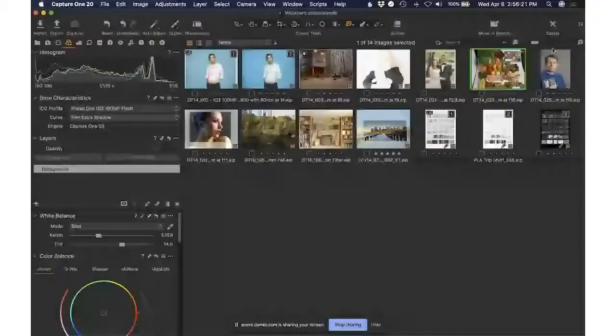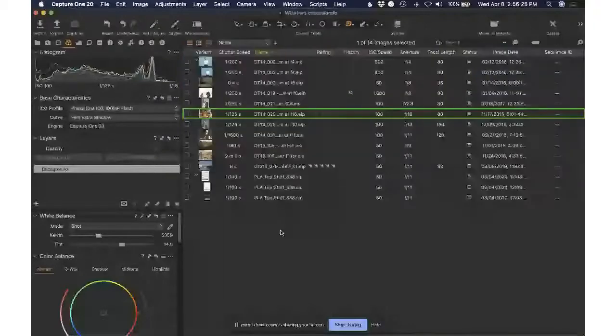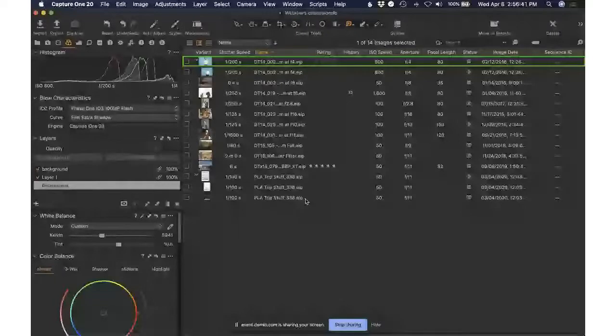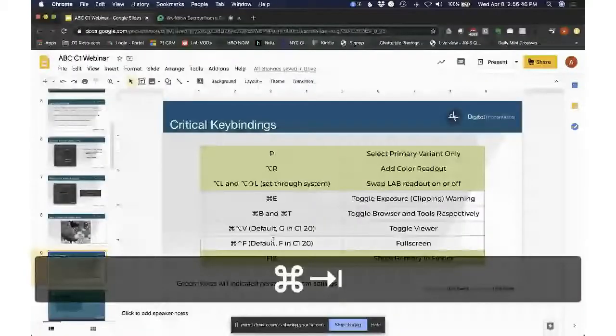And this is really nice if you just want to see the sort of grid view of your images, and also if you have hundreds of images and you want to see all the data alongside them. You don't really want your viewer taking up all that space. So you just turn it off with G or Command Option V, depending on what version you're using. I actually have gotten used to some of the old shortcuts, so I reprogrammed them to the old ones. So I actually use Command Option V for that. And then